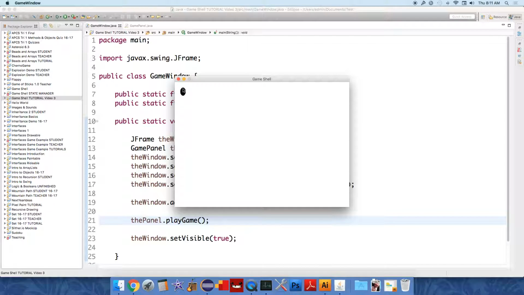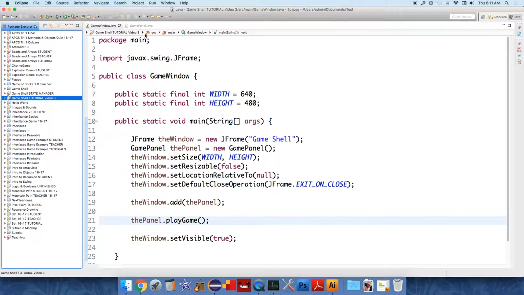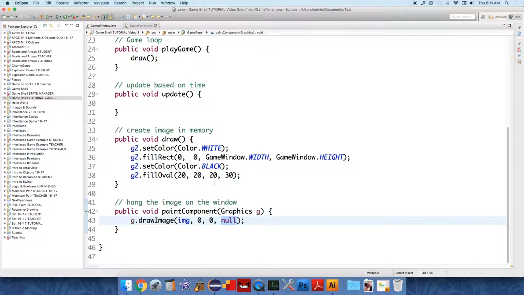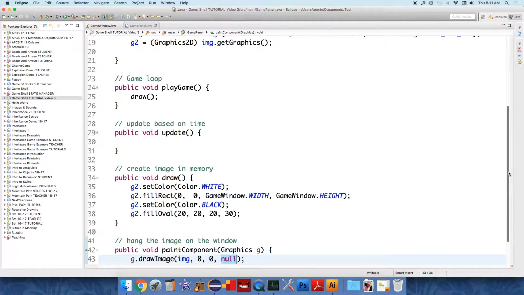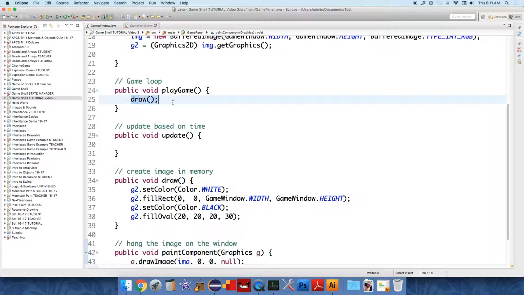Animations are created by drawing a frame, hanging it on the screen, and then very quickly drawing another one with slight variations in the position of the objects. So we need to think about it like an animation at first, and so we're going to create a loop that's able to draw an animation, and it's going to do that over and over and over again. And so inside play game,